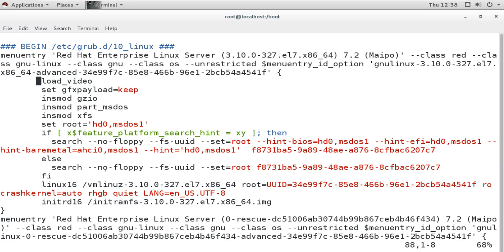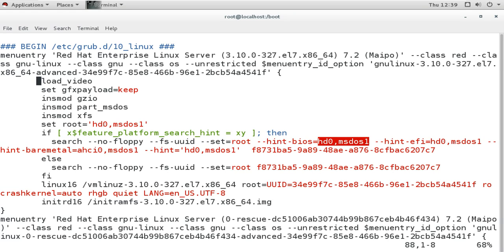What this loop is doing is searching for the boot partition, and if it is not finding it here, then it searches for the file system UUID and sets the root ID here, giving again a hint. You can see here, the hint from the BIOS is again here.